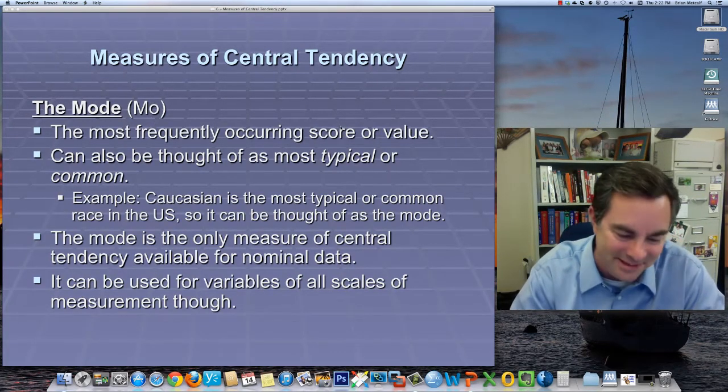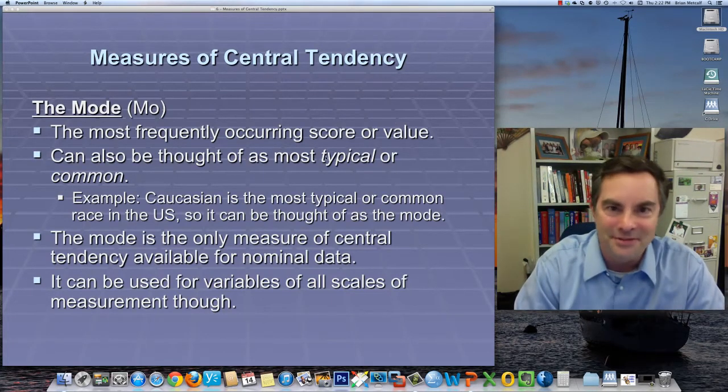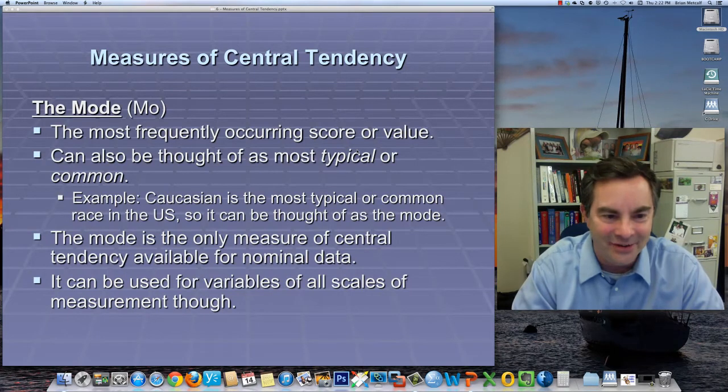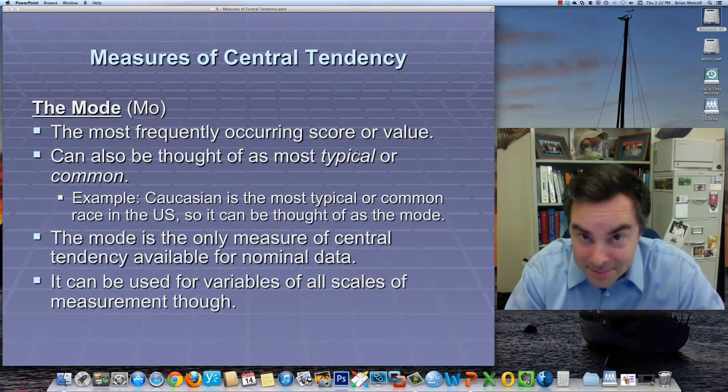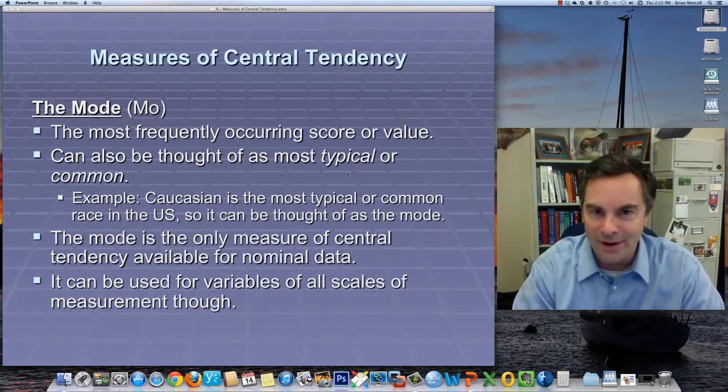And so this one's really, really simple. It's just the most frequent occurring score or value, sometimes thought of as the most typical or common, all right? So it's whatever number pops up the most frequently. And if it's data that we haven't yet put into numerical form,